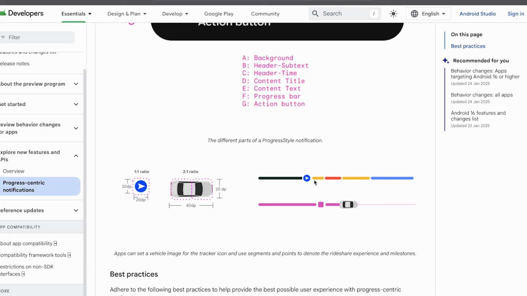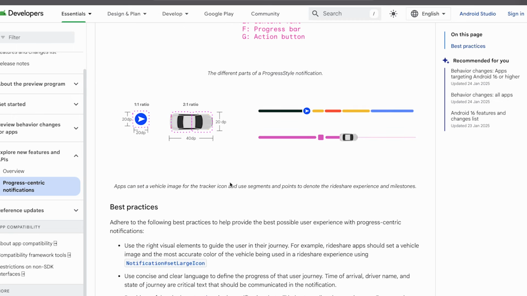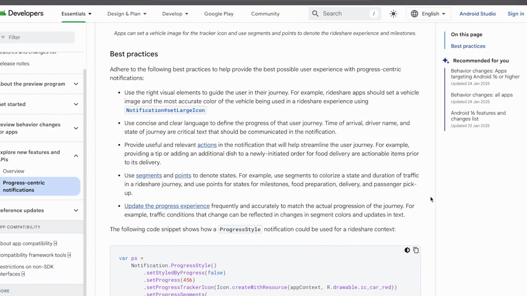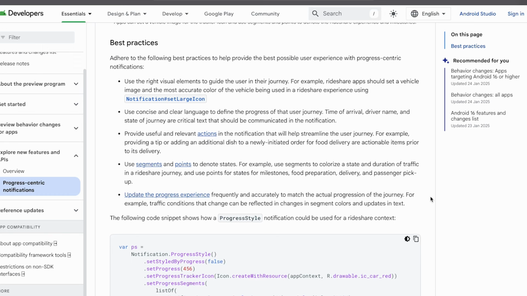If you want to have either of these two styles, for the icon the preferred size is 20 dp, and if you want to show a vehicle, the width is 40 dp and the height is 20 dp. Apps can set a vehicle image for the tracker icon and use segments and points to denote the ride-share experience and milestones. There are some best practices. Use the right visual element to guide the user in their journey. For example, a ride-share app should set a vehicle image and the most accurate color for the vehicle being used in a ride experience using